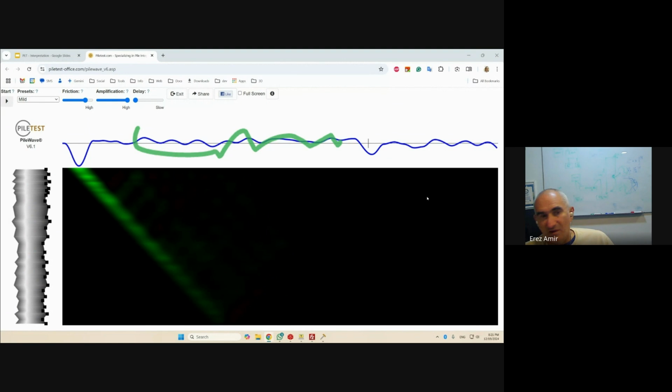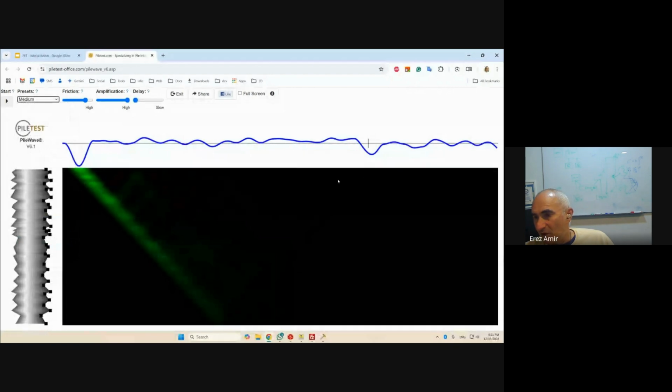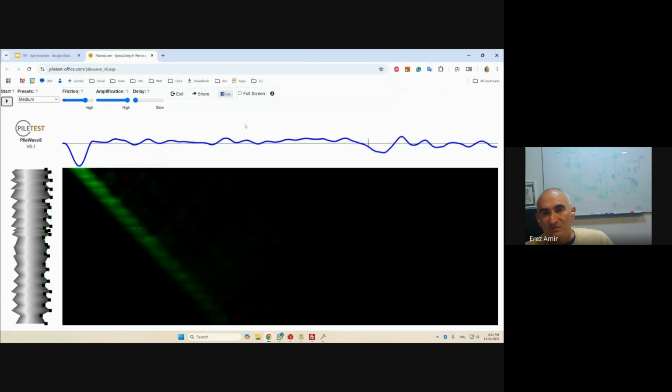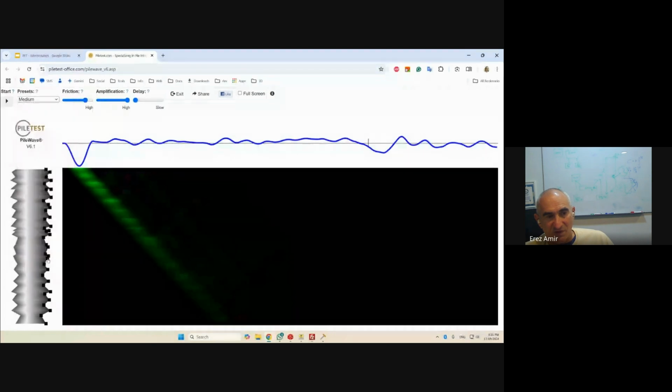noises here. Now, if this was just mild, okay, if we use a more random pile shape, which you can get in gravel, okay, it's going to look something like that. So it's quite hard to identify this as the end of the pile because we got a lot of noise here. And if we really go to the extreme case, and it's not that extreme in gravel,